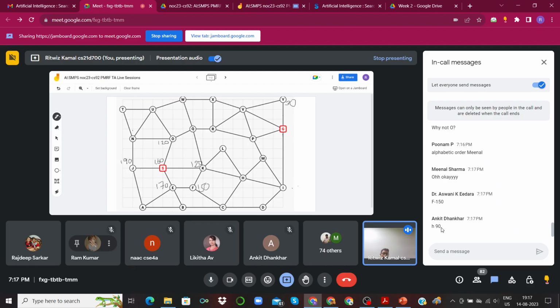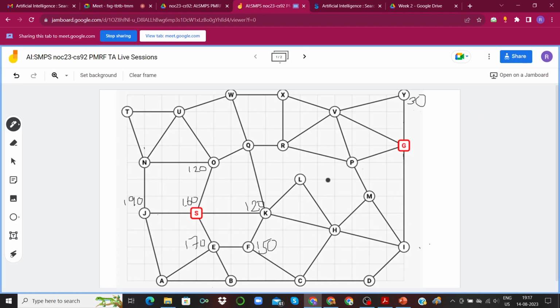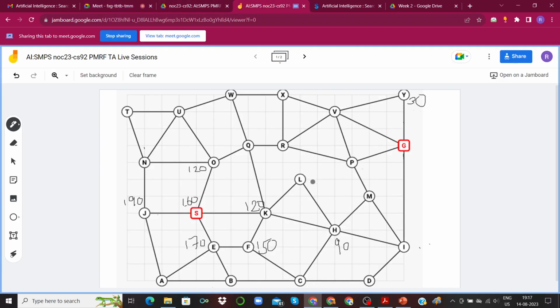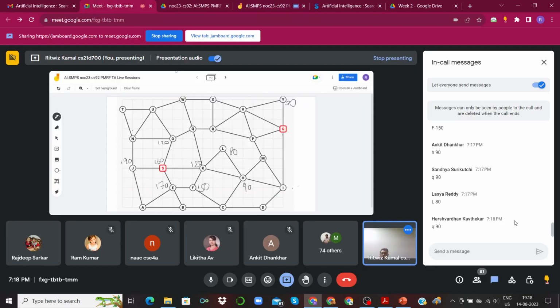For H, it's 90. Thanks, Ankit. For L, it should be 80, I think, right? Yeah, for L, it's 80. Thanks, Lasya. And for Q, 90 again. Thanks, Harshvardhan.